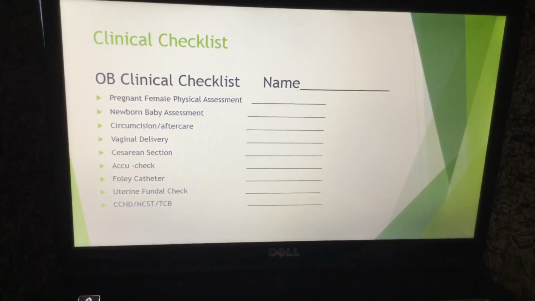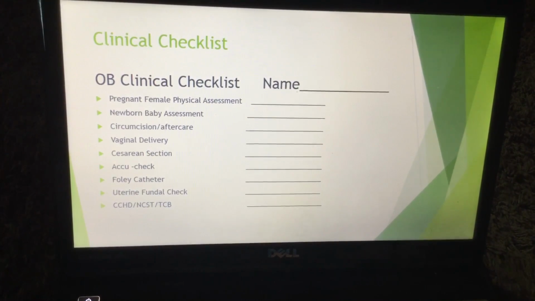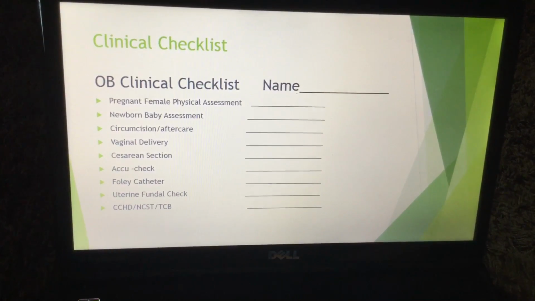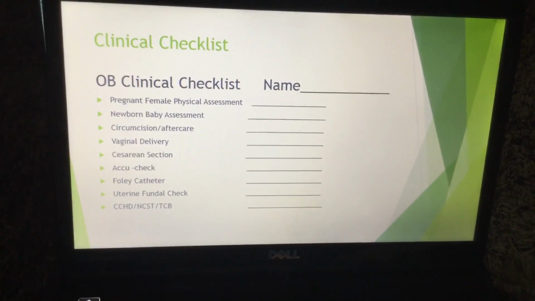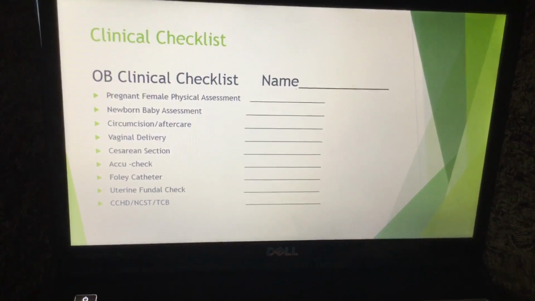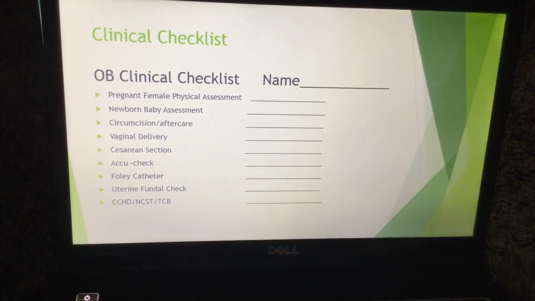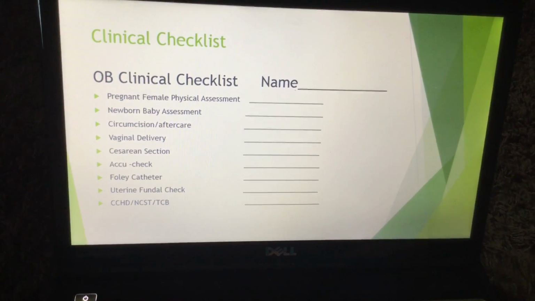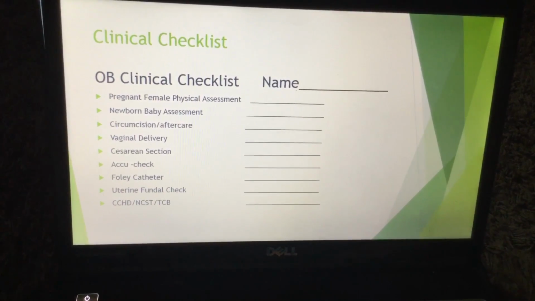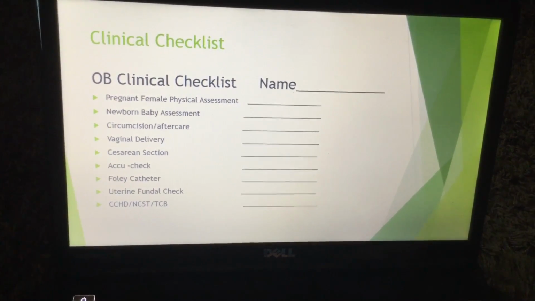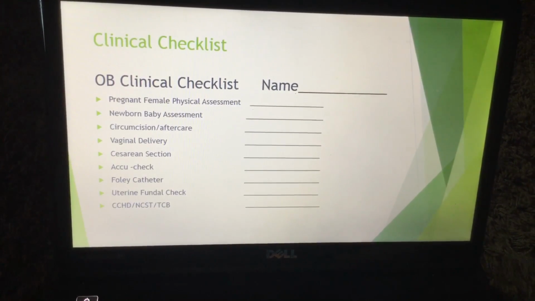So I developed this checklist of what I thought over 7 weeks would be the optimal OB clinical, that they would get to see or be a part of all of these listed events. So certainly a female physical assessment head to toe, a newborn baby assessment head to toe, an observation of a circumcision and the nursing aftercare, an observation of a vaginal delivery and the aftercare, hoping too that they were a part of the labor process, observation of a cesarean section in the PACU care, an AccuCheck, placement of a Foley catheter,